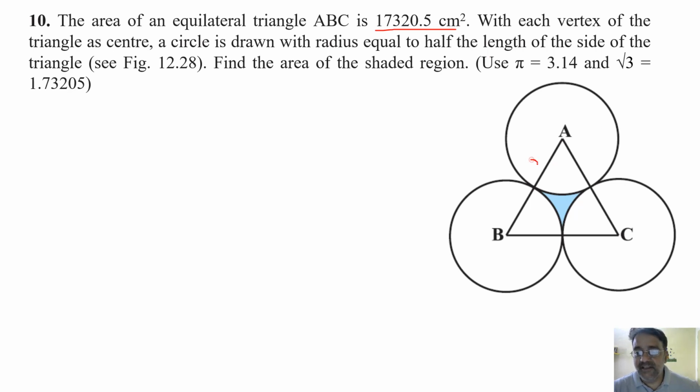That means ये R है तो ये भी R है. So AB का half हो जाएगा radius, okay? But the side of equilateral triangle is not given, that we'll find, okay? So find the area of the shaded region. Use pi is equals to 3.14 and the value of root 3 is given. Whatever the value is given, that we have to use.